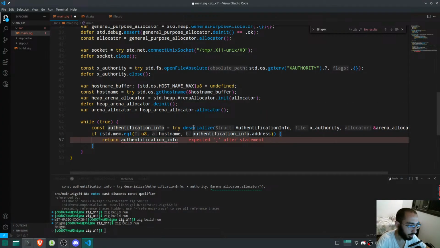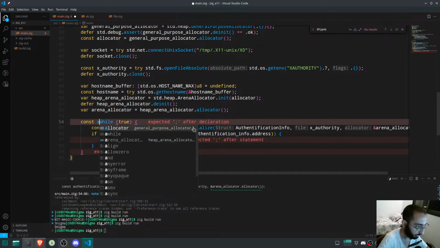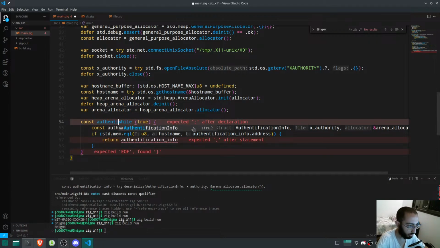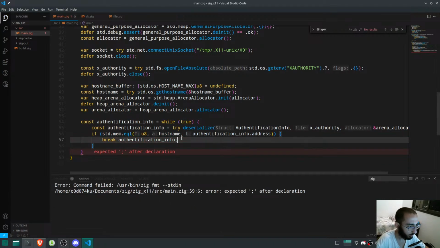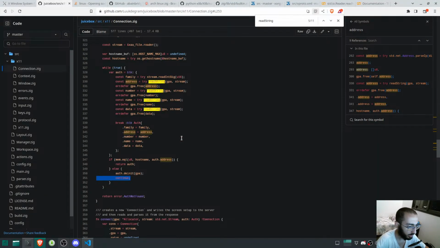Well, in fact, here we don't have a, what is it called? A function. Actually, we have a loop. So we have to say const authentication info is equal to that, I guess. Then here I could maybe say break authentication info. Otherwise, it's basically